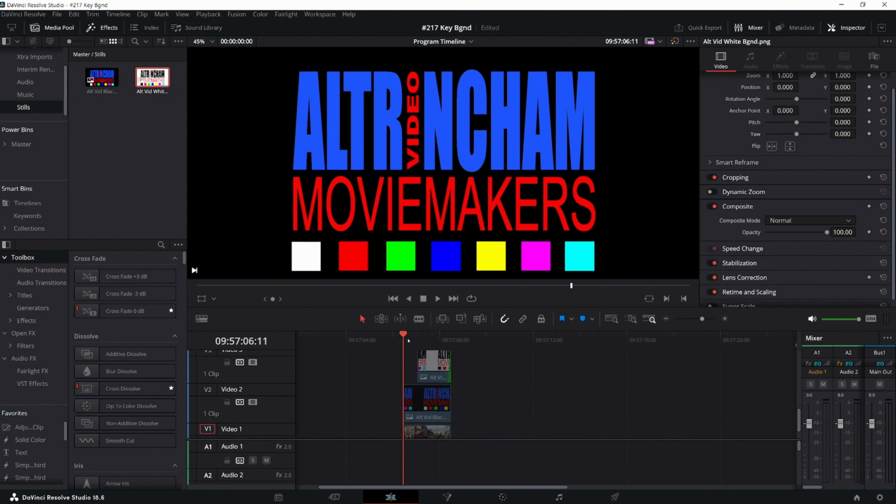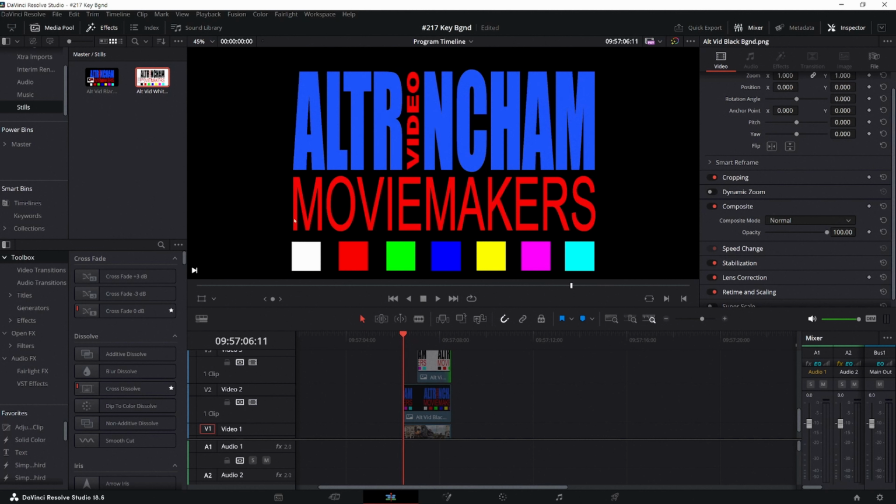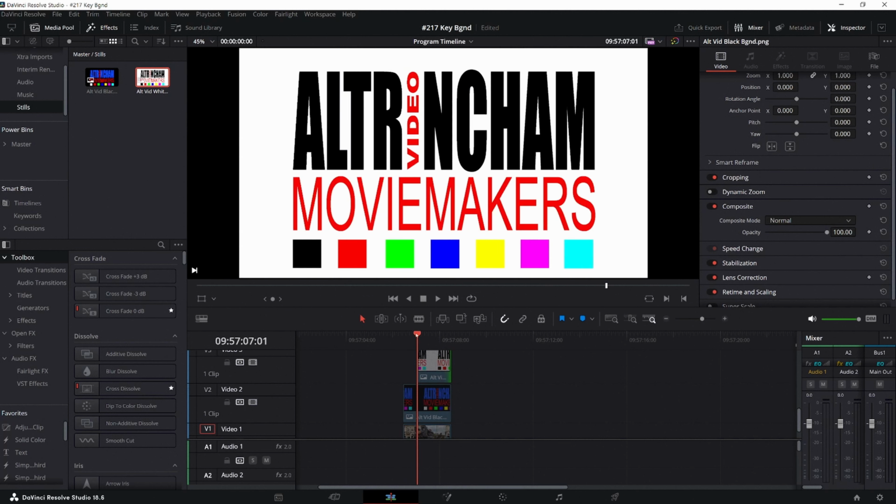So we've got a black background on this logo. I've included patches of colour because when you're keying, sometimes certain colours don't show. So it depends on what your logo is made up of, what colours, as to whether it's going to work or not. So just to show that it does work on all colours, I've got these patches. Now the same applies, of course, on the black background I've got a white patch,